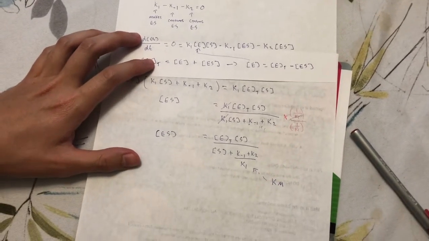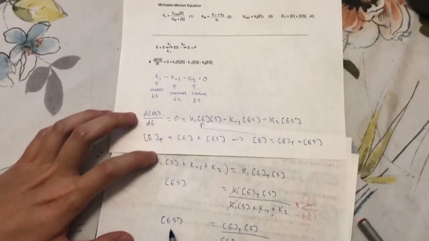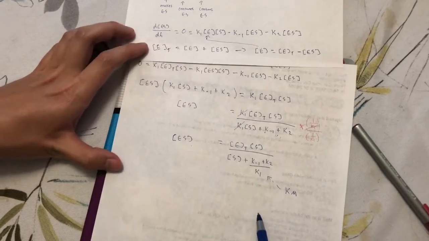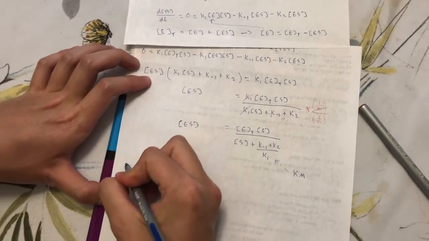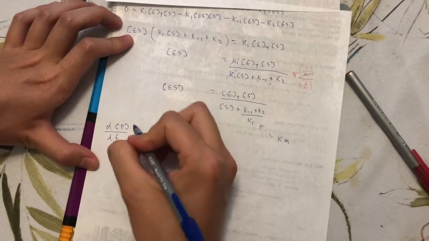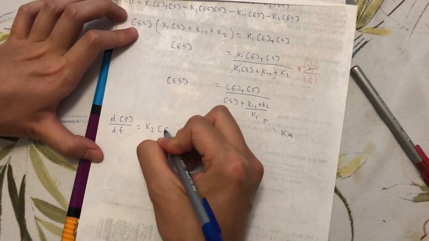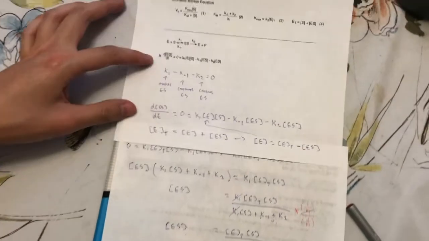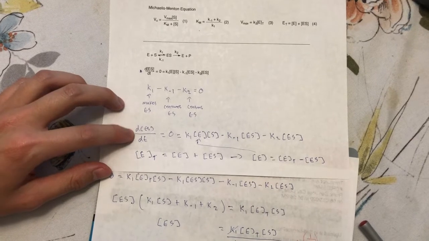Okay, so we know the concentration of the enzyme substrate, which is this value here. What if we want to solve for the instantaneous change in product over time? So we have here dP over dt, which is equal to K2 times enzyme substrate complex. So how did I get this value here? If you go back to the top equation over here, the instantaneous change of enzyme substrate complex over time is